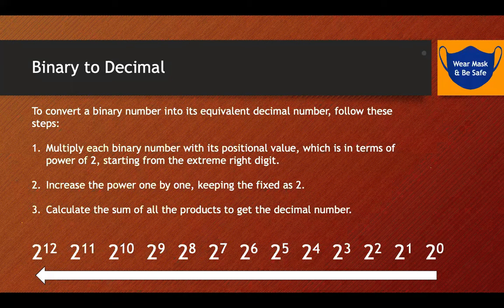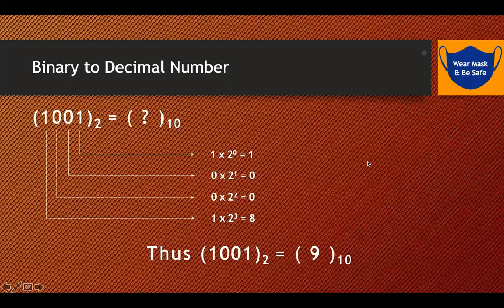Now just keep in mind this particular thing I have given down, the complete table. This is 2 raised to the power 0. We are starting from which side? We are starting from the right side: 0, 1, 2, 3, 4, 5, 6, 7, 8, 9, 10, 11, 12 I have taken. 2 will be the same; only the power will change. Now we'll take an example of it. Suppose I want to convert from a binary number to a decimal number.